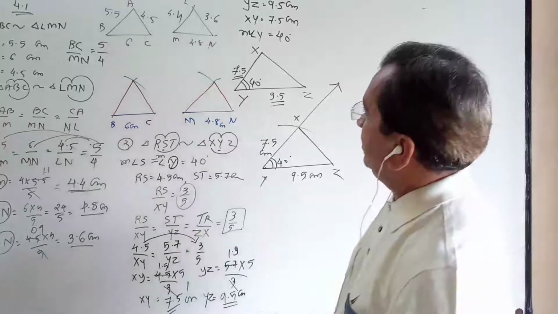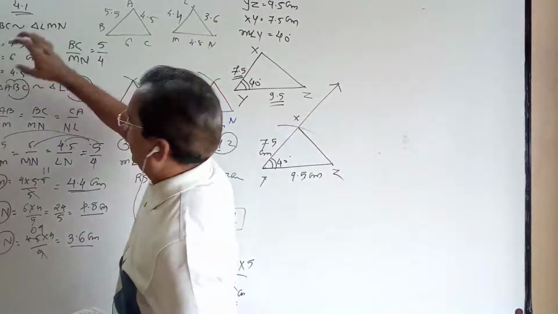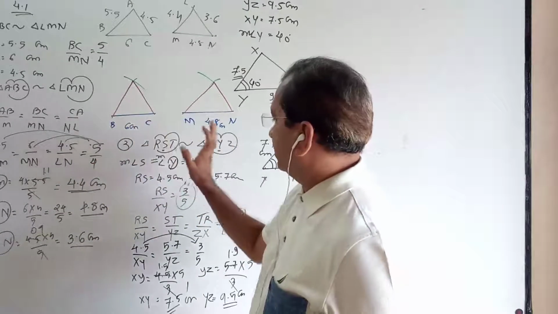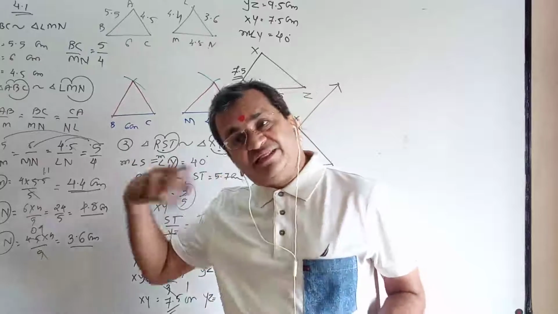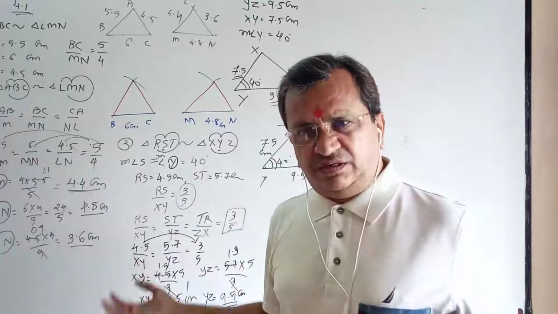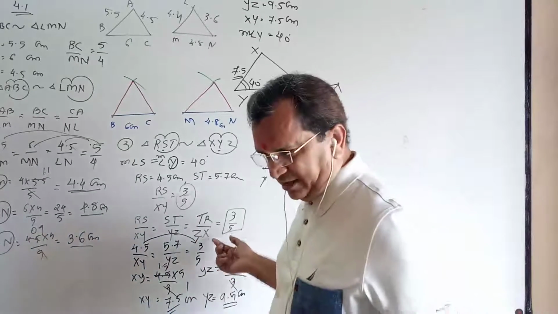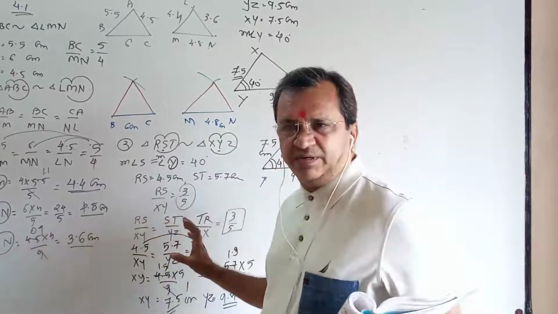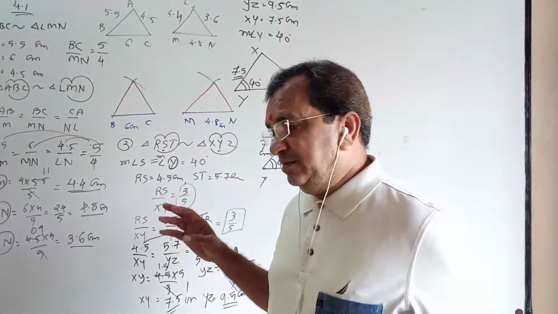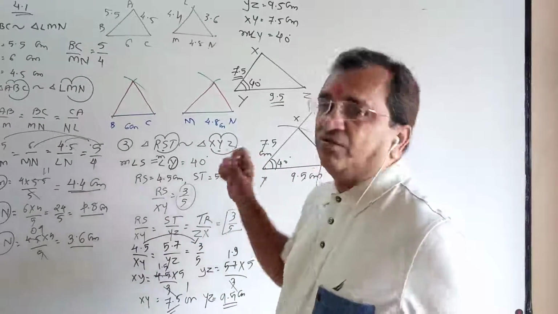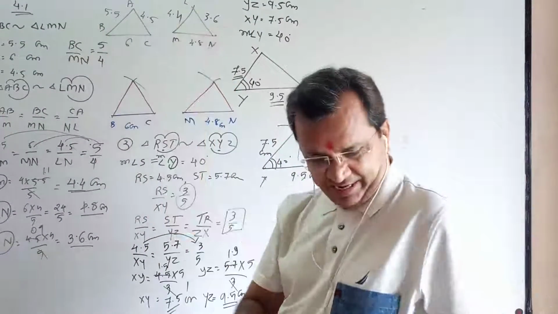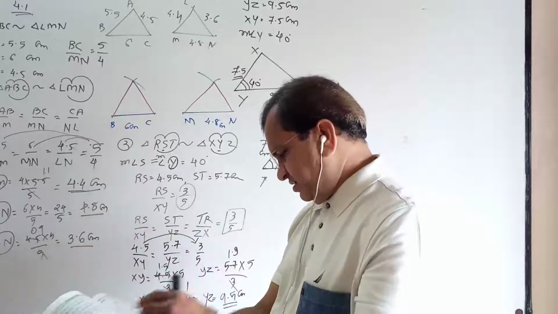When no alphabets are equal, here see, ABC 3 different alphabets, LMN 3 different alphabets, RST 3 different alphabets, XYZ 3 different alphabets, at that time you have to use the similarity property: sides are in proportion, angles are congruent. And when one alphabet is equal, those two topics I will give you at the end. At the end we will do that.